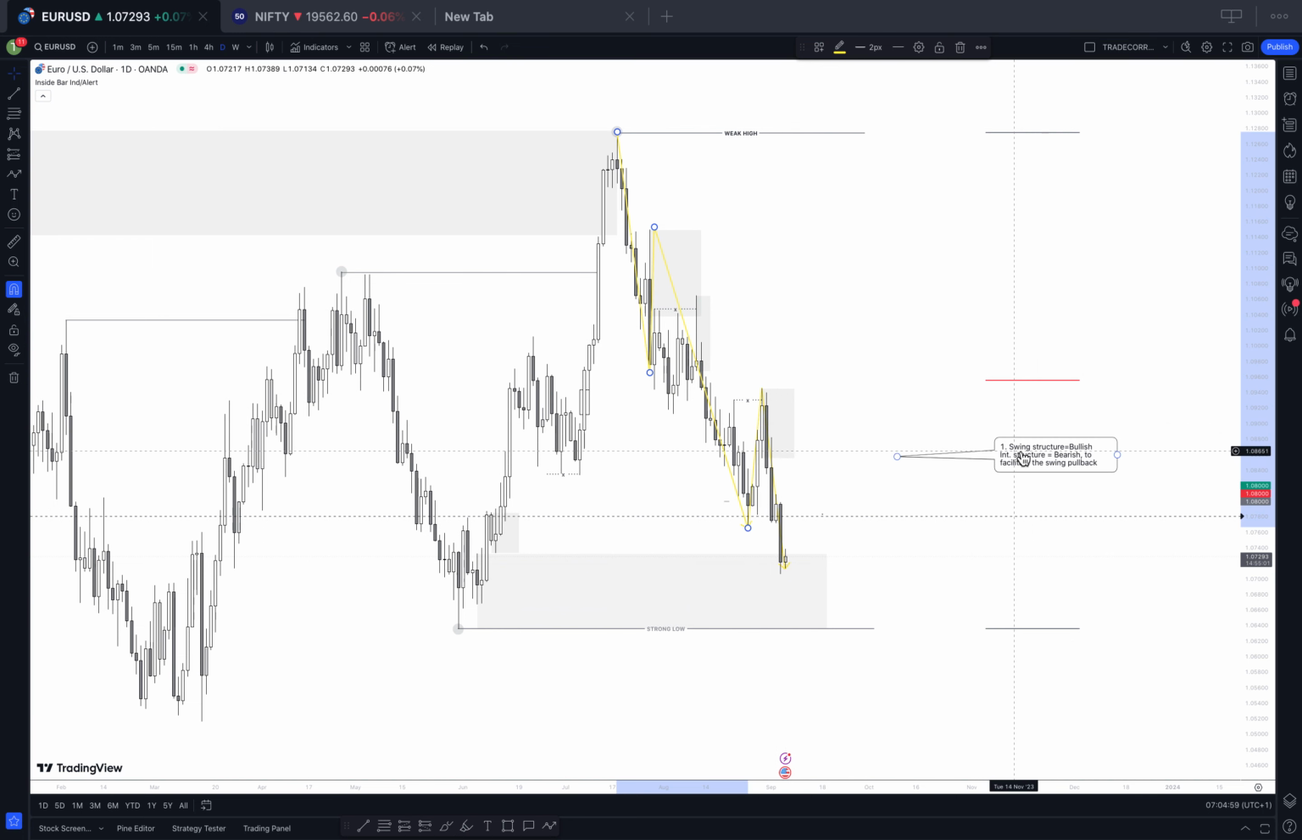As I wrote here, swing structure is bullish, internal structure is bearish to facilitate the swing pullback. So the only reason why internal structure is bearish at this moment is to facilitate the swing pullback, and we can try to get into sell opportunities and target this week lows. But ultimately right now, since we are in the discounted prices already and we have already tapped into the zone,